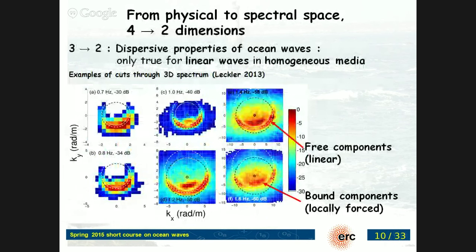In shallow water, you have some tanh(kD) on top of that, and if you have some currents, there's also some current correction. But essentially, instead of having a 3D volume of possible waves, you only have a surface in that, which is a dispersion surface. And so you can go from these 3 dimensions of x and y and time to only 2, and then you just choose what you want. You either just keep the x and y, and then you get the time from x and y, or just keep some time and directions. And so essentially, we can summarize the wave information as the energy as a function of 2 dimensions, and that will be our spectra.